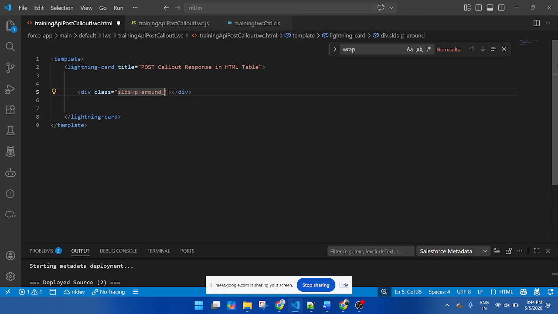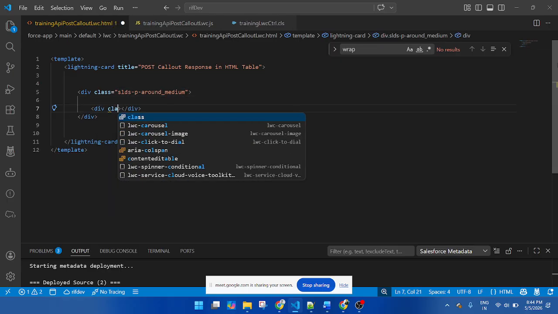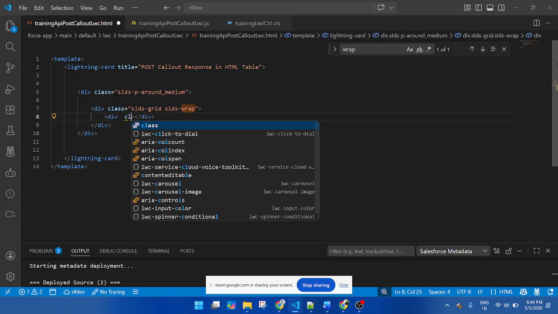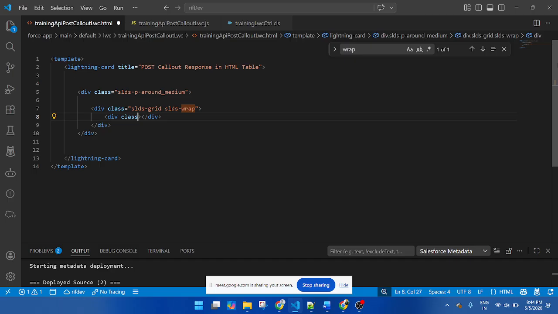Class equal to SLDS grid SLDS wrap, div class SLDS col SLDS size 6 of 12.